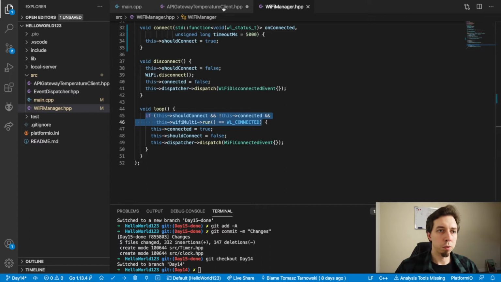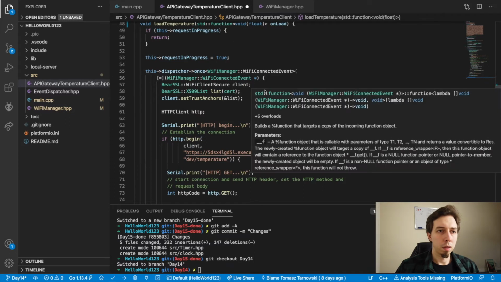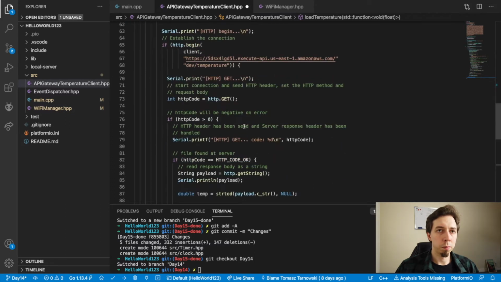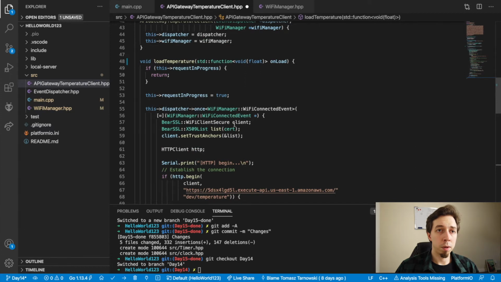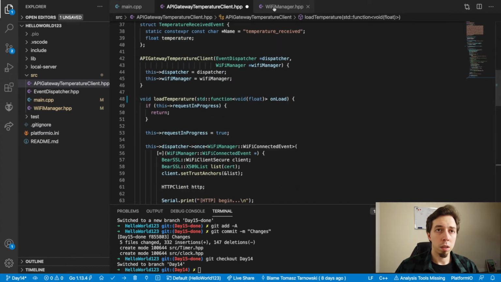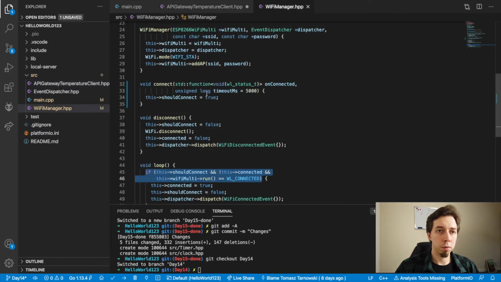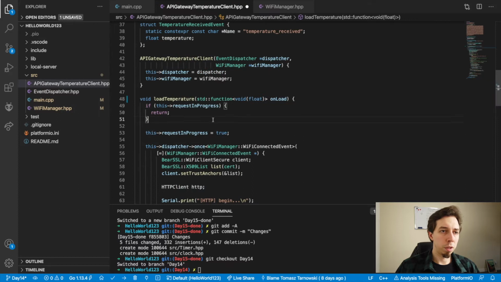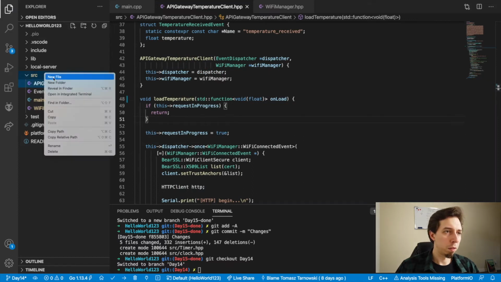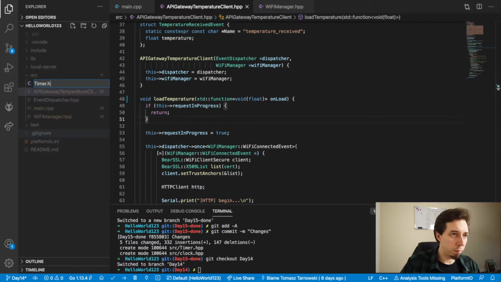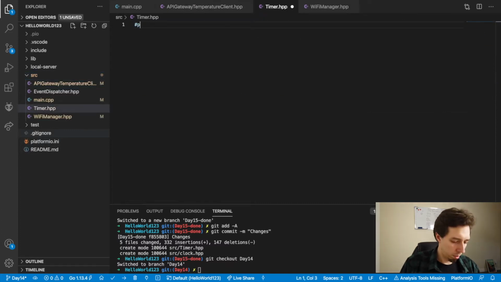Okay, but let's focus on the timeout first, because that's what I would like to happen in here, I think, right? This is where we want this to happen, actually. So, okay, what I'm gonna do now is create a new file. I'm gonna call it timer.hpp, and I'm gonna start the implementation straight away. So there's gonna be class timer,